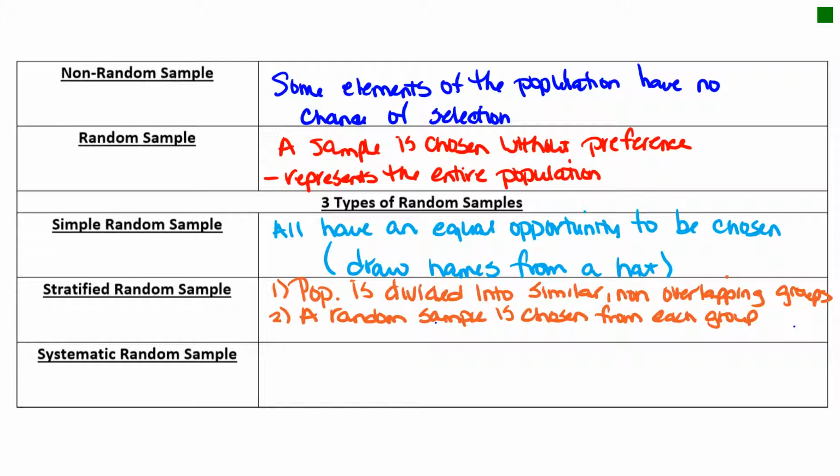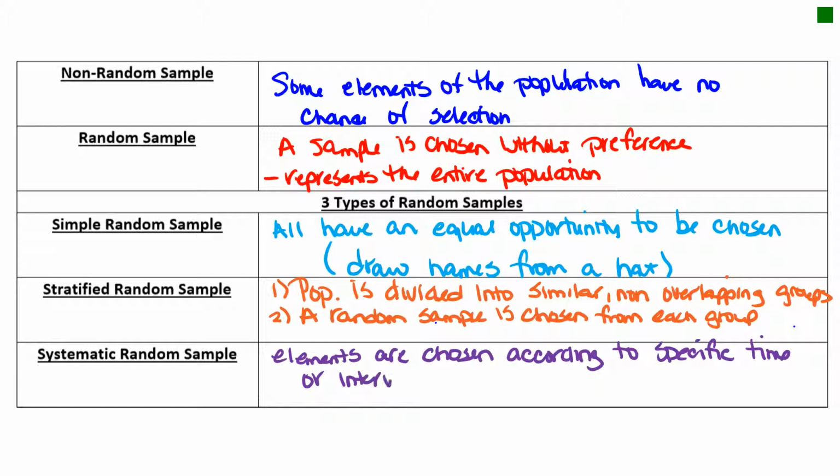And then a systematic random sampling. This is a sample in which the items in the sample are selected according to a specified time or interval. So the elements, we're going to stick with that word that we had up there. Didn't we have an element earlier? Yeah, element. Elements are chosen according to specific time or intervals. Okay, for example, I'm going to choose every 5th person that walks out that door to ask them